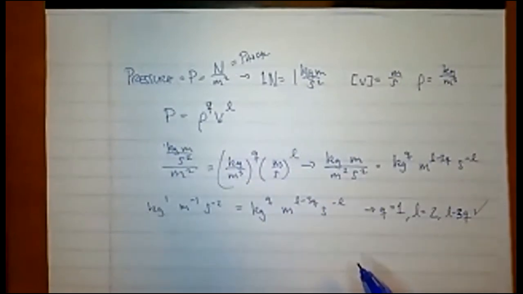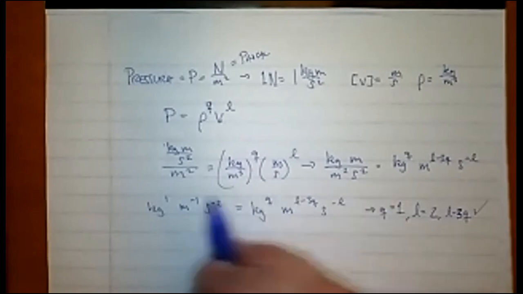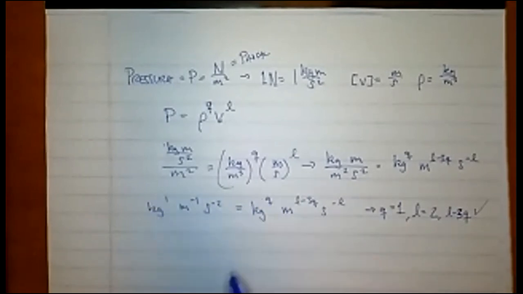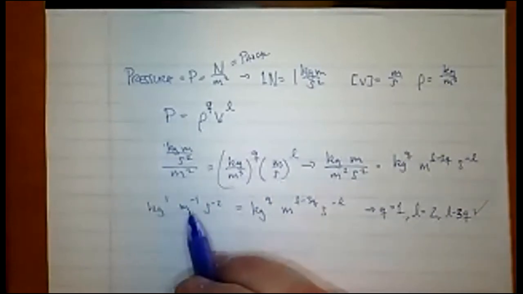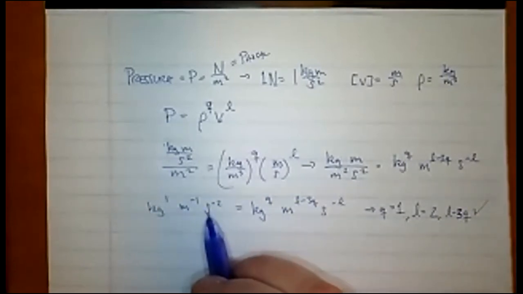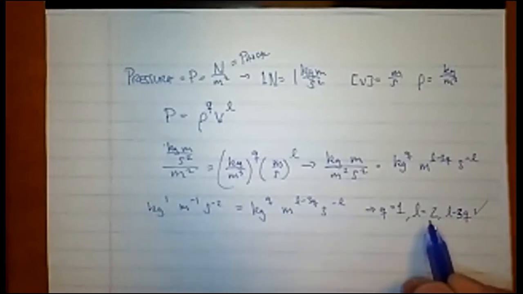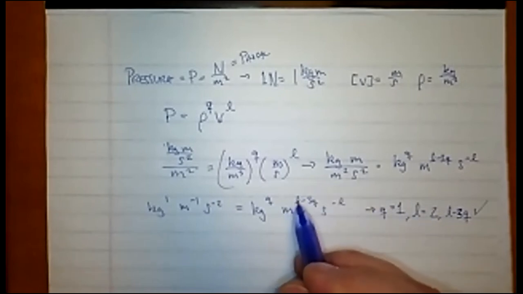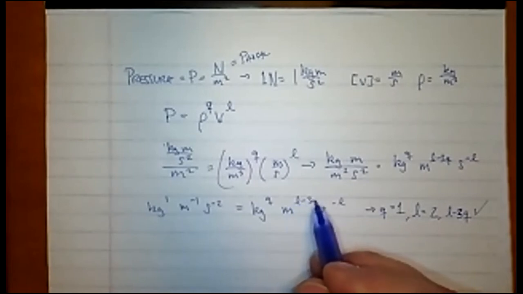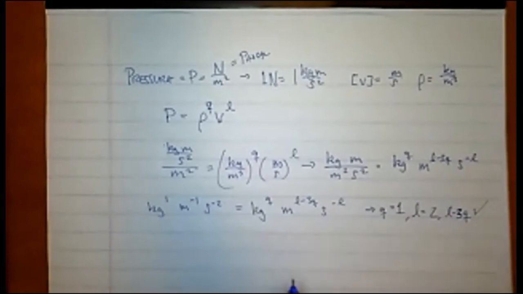All I had to do at that point is figure out, well, kilogram is supposed to be 1. So that suggests Q is 1. Meters is supposed to be, or let's not do that. That's more complicated. Seconds is supposed to be -2. So that would suggest L should be 2. And then I got to make sure the other one's true, or else my equation just can't be made with those quantities. So what I did is I took L equal 2 and Q equal 1. So 2 minus 3 times 1 is 2 minus 3. That's -1, which is what that is. So that's why it checked.